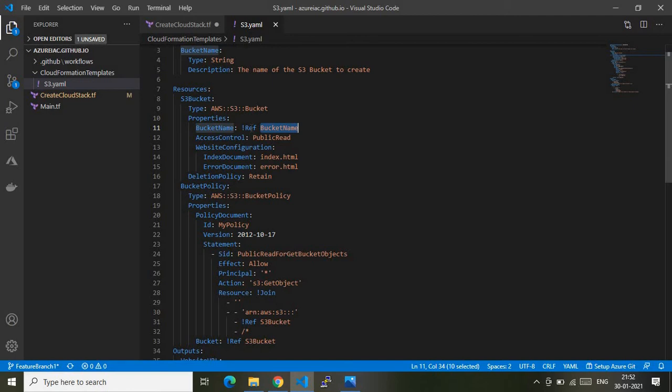Exclamatory mark and reference. Okay, nothing but it points to the variables. So here it is pointing to bucket name. Whatever value I give to the bucket name parameter, it will be keeping to my bucket name. Then access control, I'm just giving as a public read, since this demo is meant to create a